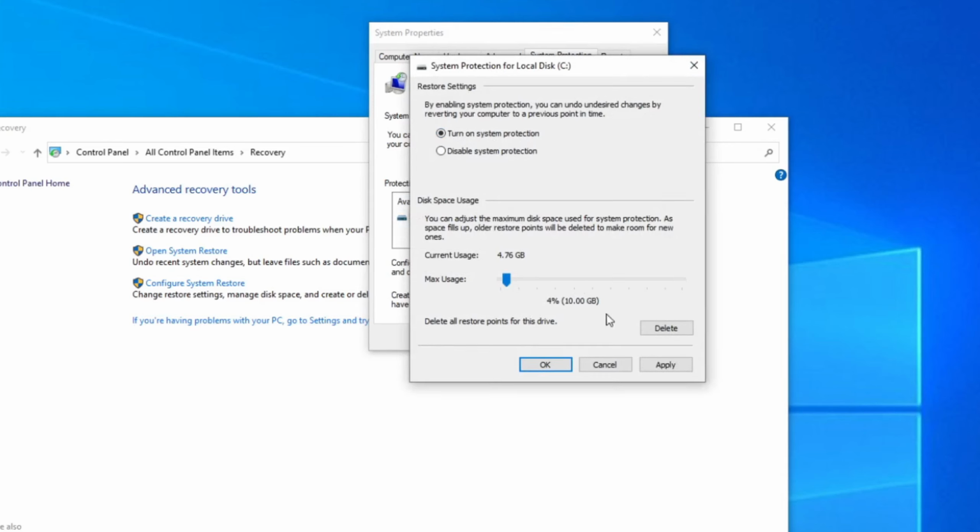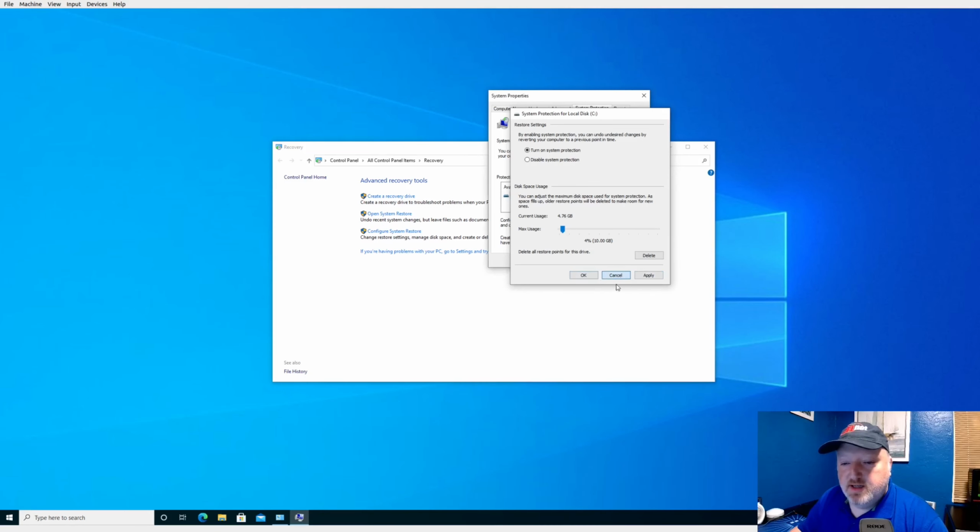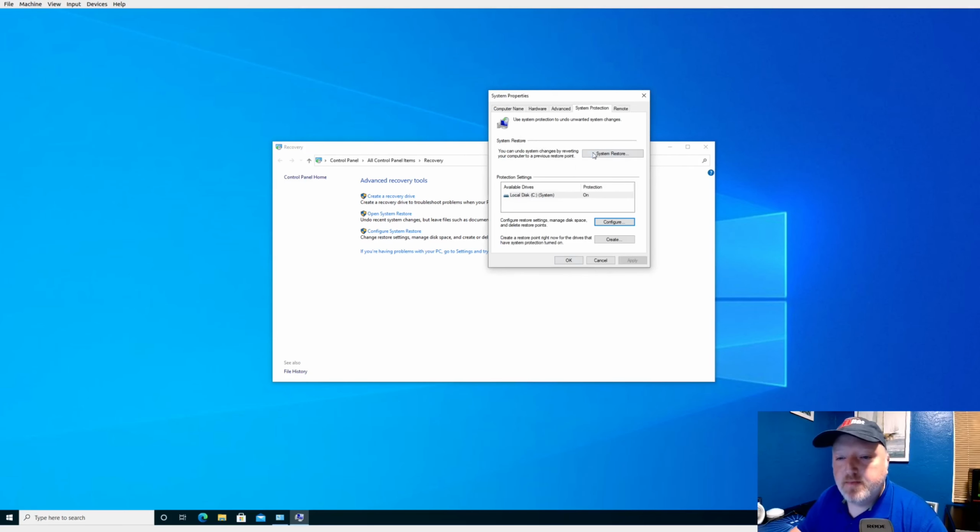By default, I think it uses 10 gigs. You can give it a little bit more space. Like you can see the current usage is 4.76 because it's done a couple restore points. So, I mean, I give it a little bit more. Some of the updates can be fairly big, so you want to do a little bit more, but you don't want to use up all your space on your drive either. So we're just going to leave it like that for now. And then that's it. Once that's on,